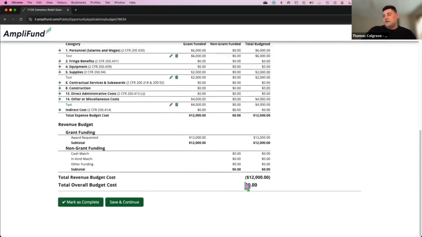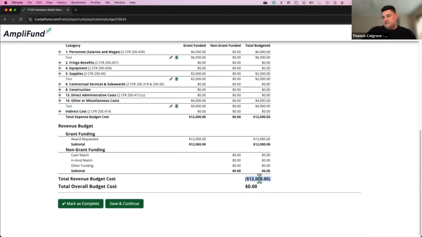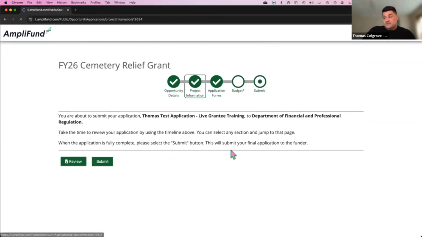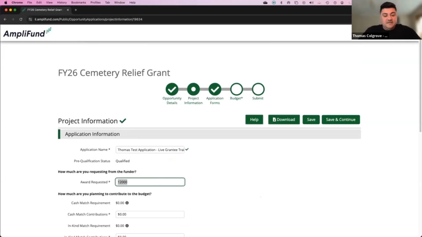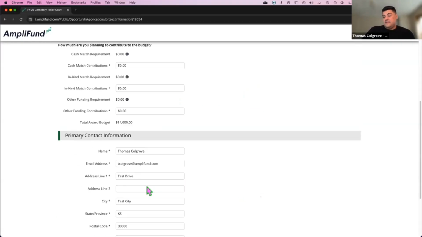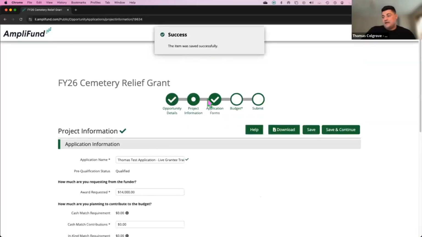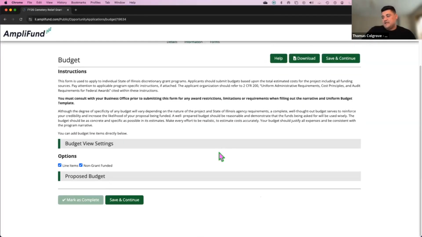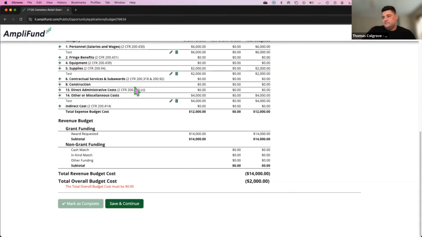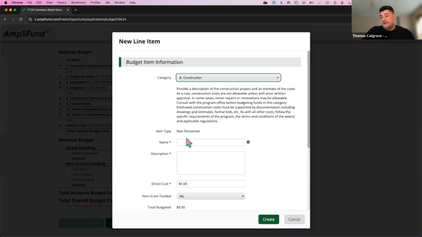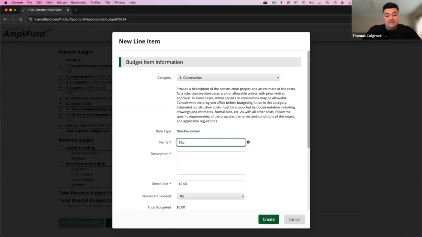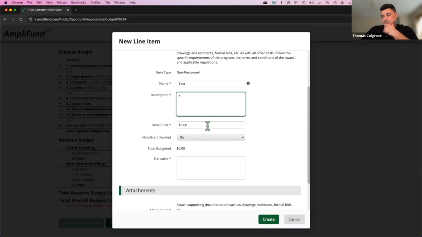The one thing I'll call out is just make sure and remember, sometimes people get stuck because they think, oh, I need $2,000 more here to really reconcile everything. So I might save this, so I don't lose progress, but then go back to the project information. I actually want 14. Save this, toggle back to the budget, and now I have $2,000 more to reconcile. So maybe I forgot my construction line item, come in here, add that line item, add that description, direct cost,